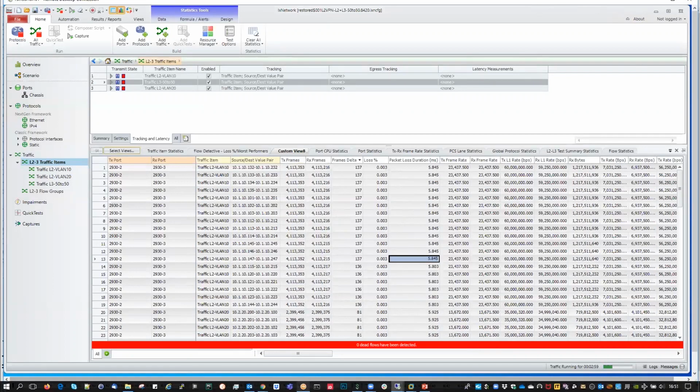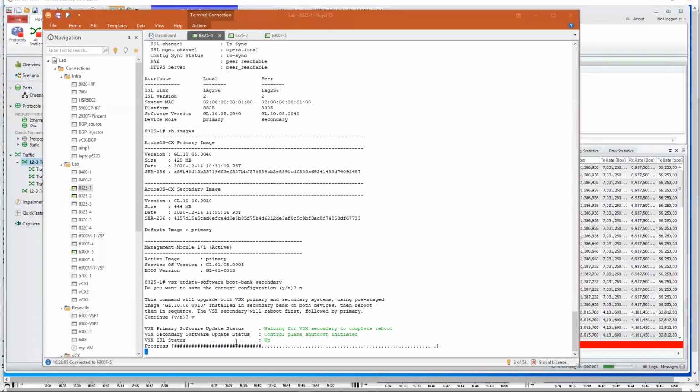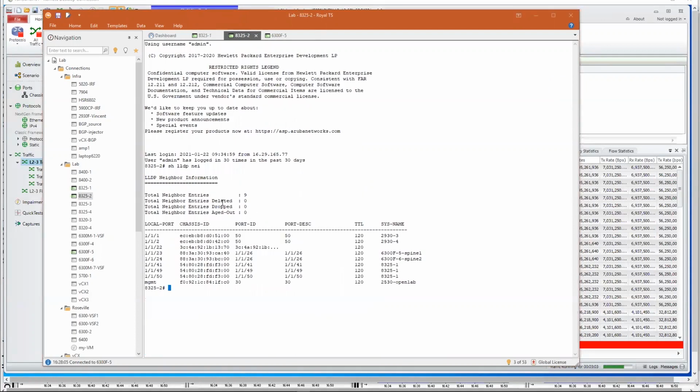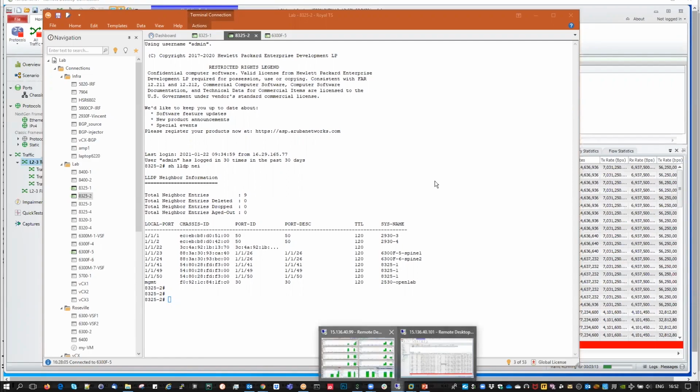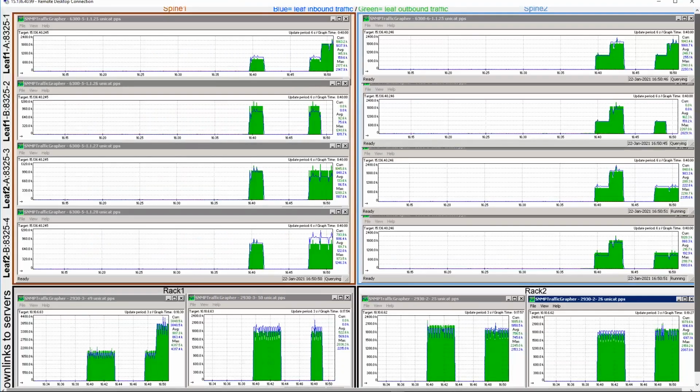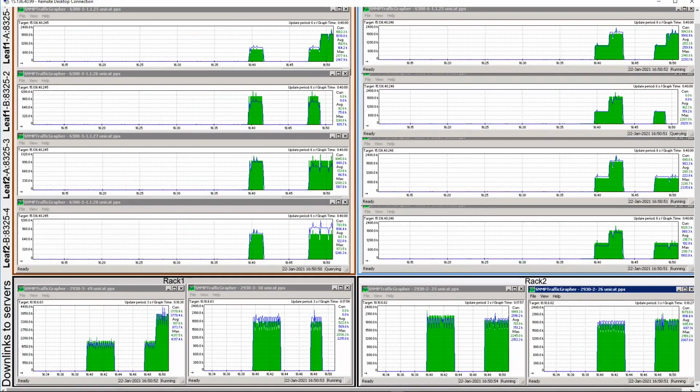So you have the progress bar here. We can also follow on the SSH session as soon as that switch is going to reboot. Meanwhile, let me also prepare the console on that switch to see the evolution of the reboot.